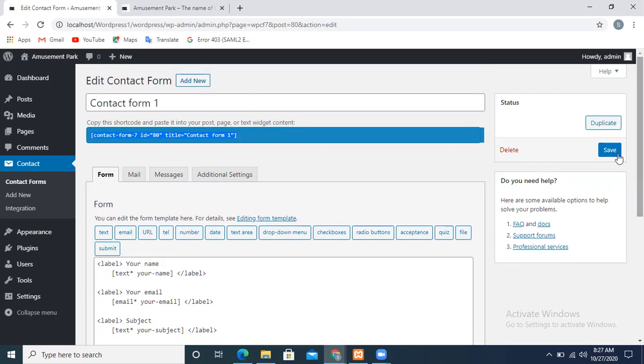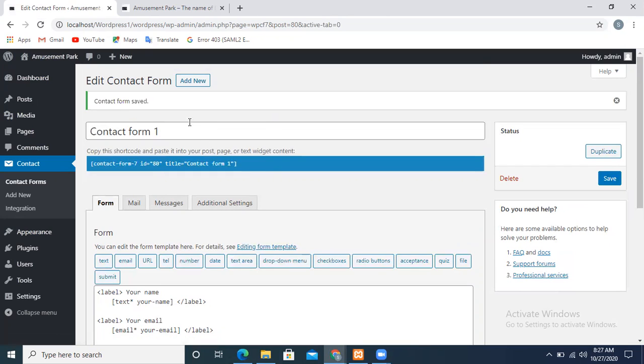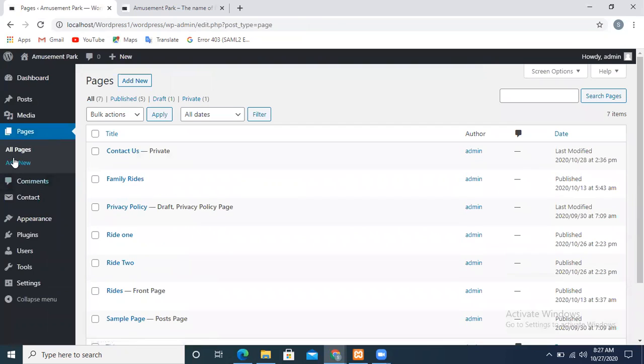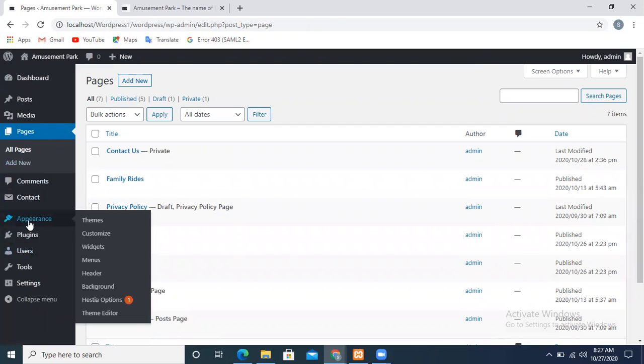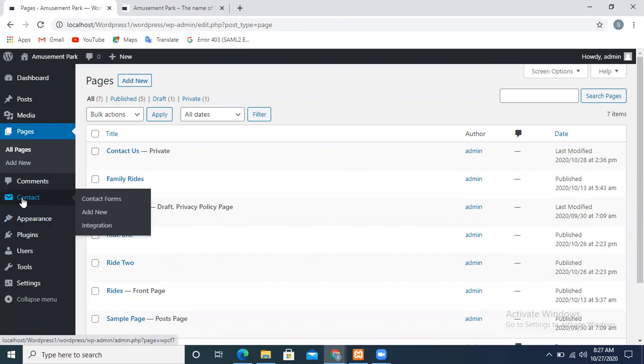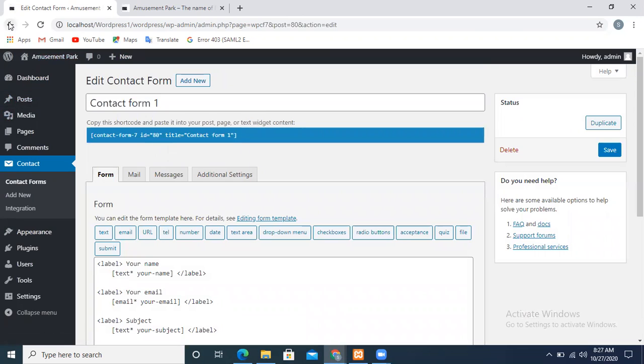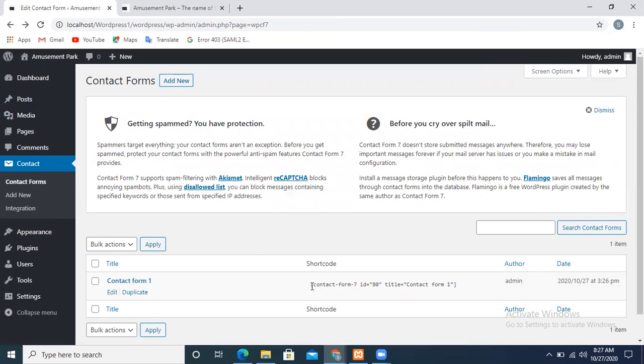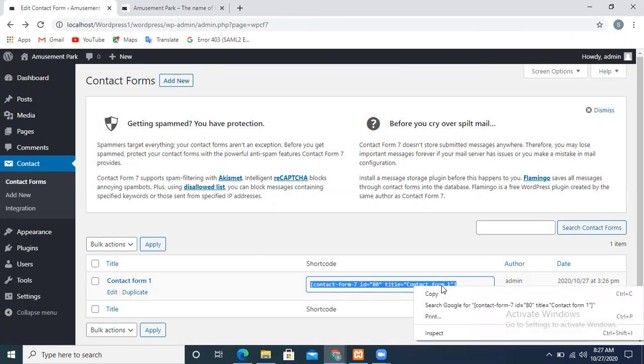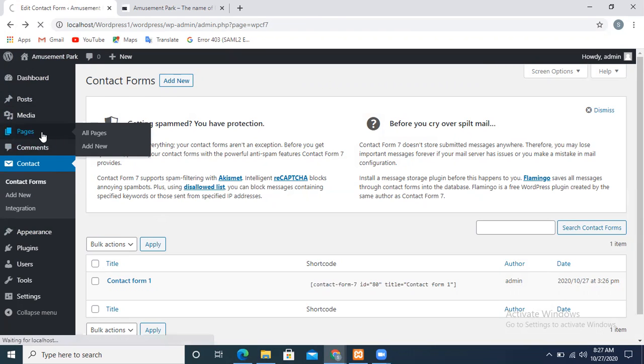For example, I'm just going to save it, and in our pages, first of all, I have to copy that particular shortcode. Contact form, edit. I can copy this from here also, like this, and then copy this particular form. Now I'm going to my pages.